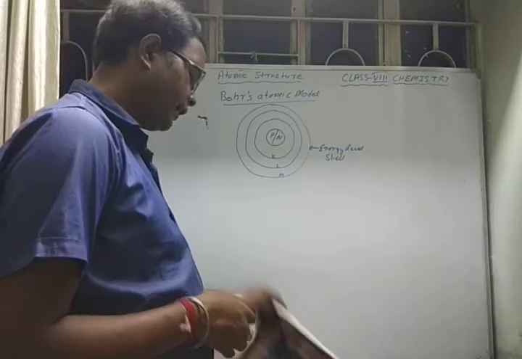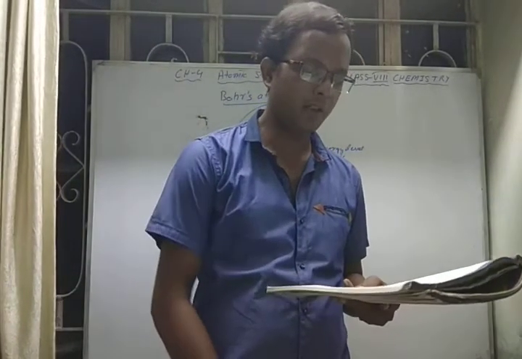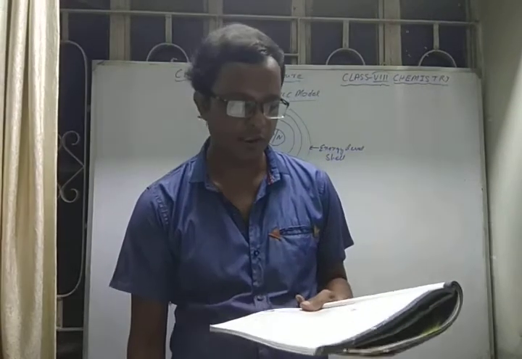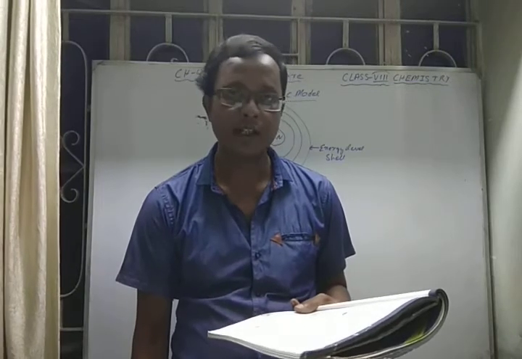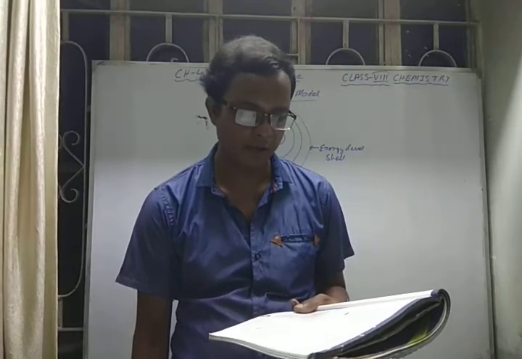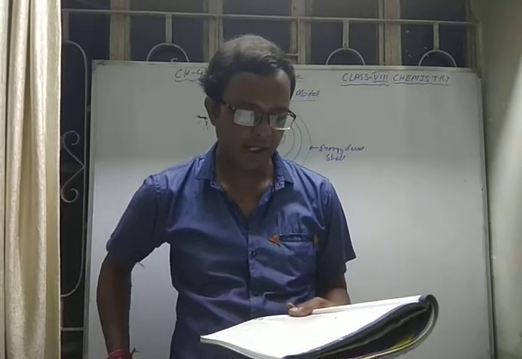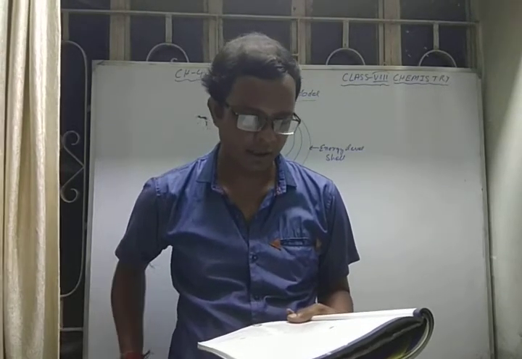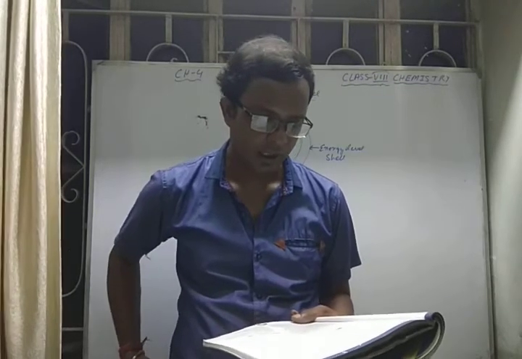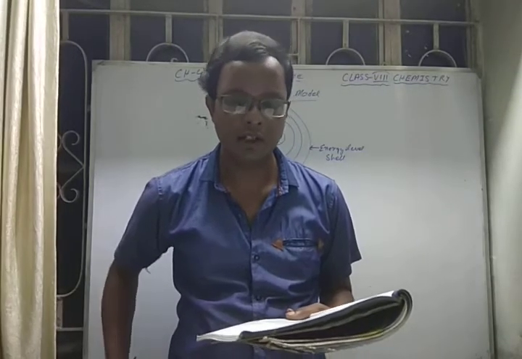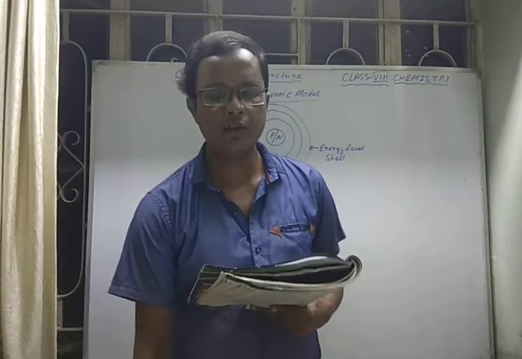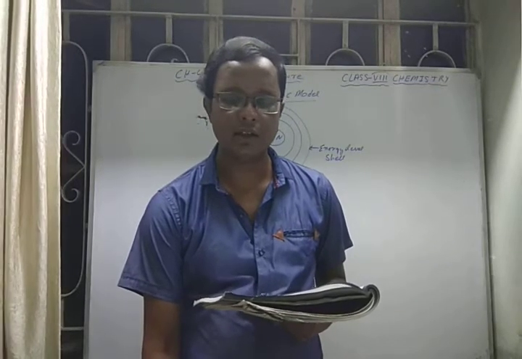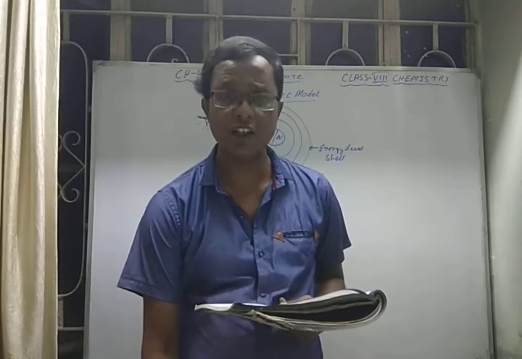Niels Bohr said that an atom is the smallest particle of matter, which comprises the fundamental subatomic particles called electrons, protons and neutrons. Most of the part of an atom is empty, and the structure of an atom is classified into nucleus and extranuclear part. The nucleus is dense, positively charged, and centrally located in the atom. Electrons revolve around the nucleus in fixed paths, which are called shells, orbits or energy levels. The extranuclear part comprises orbits or shells, which are imaginary paths on which the electron revolves.